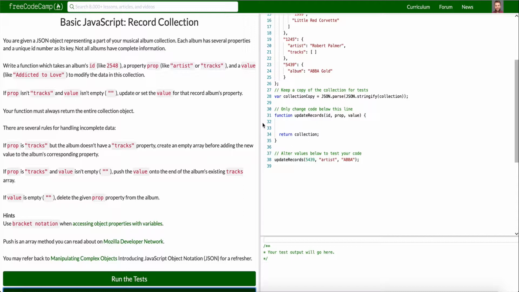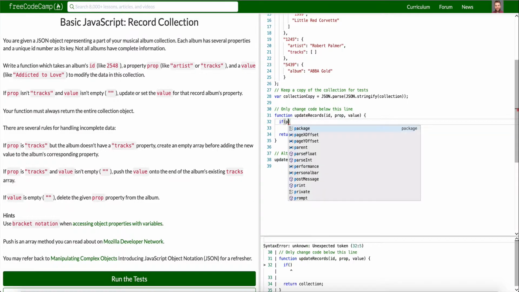Today we're on record collection. Basically we want to write a function which takes an album ID, like 2548, a property, prop, and a value. So if prop isn't tracks and value isn't empty, let's go ahead and write these. Say if prop is not equal to tracks,